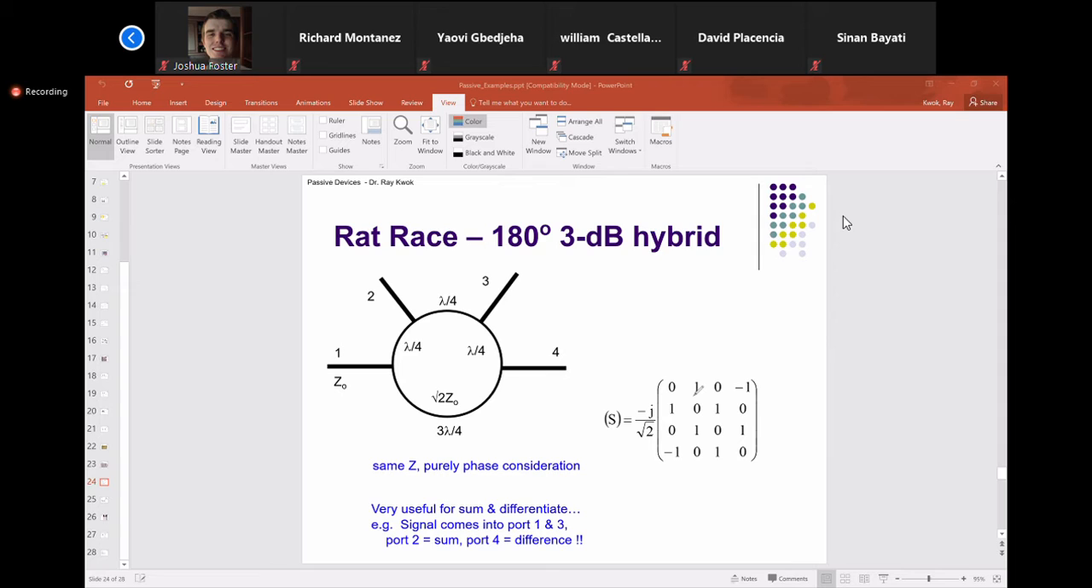I know it's overtime. If you guys want to go, you can go. But I want to finish this because this is actually very interesting applications. If you think about this, what people use this is